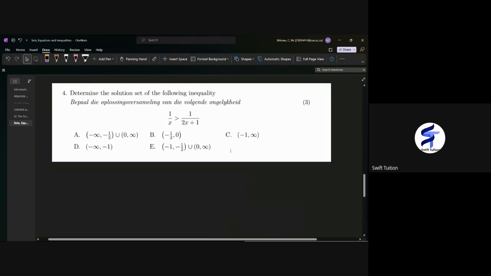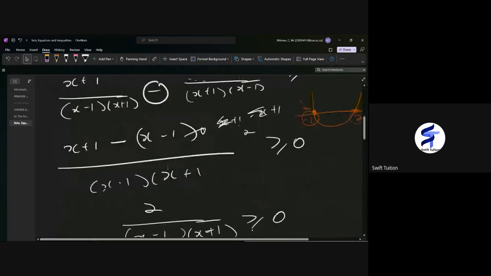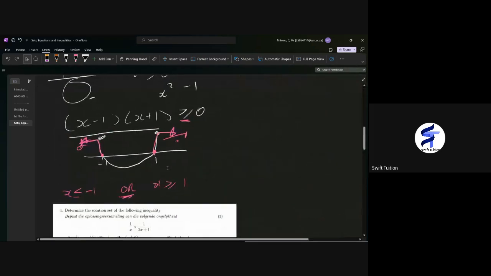Determine the solution set of the following inequality. Similar principle. Did I finish answering the previous question? No, we didn't. So to give the final answers to the previous question, you'll notice that basically we're going to be